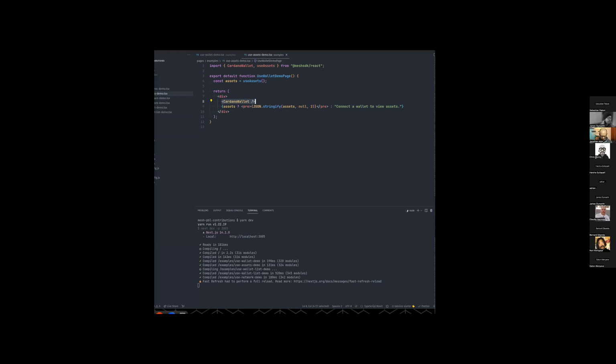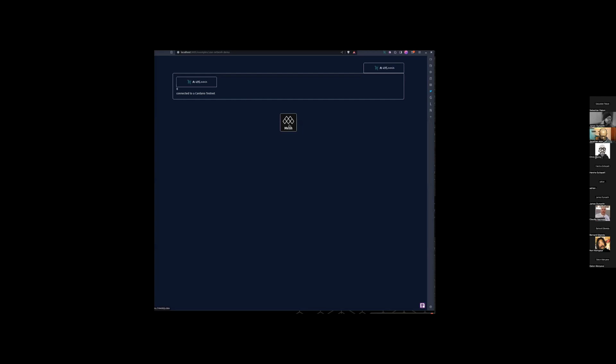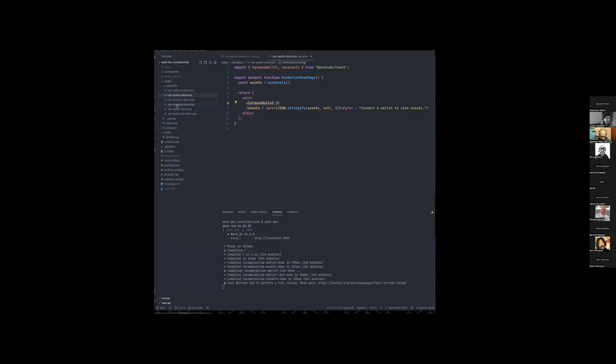Okay, let's use this to connect. And this says 0 is the response, and it tells me I'm connected to a Cardano testnet. Here's the source code for use network. If network is equal to 0, write this message. If network is equal to 1, write this message. So if I go back to this wallet,